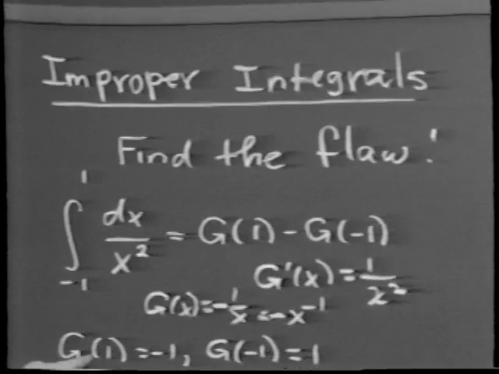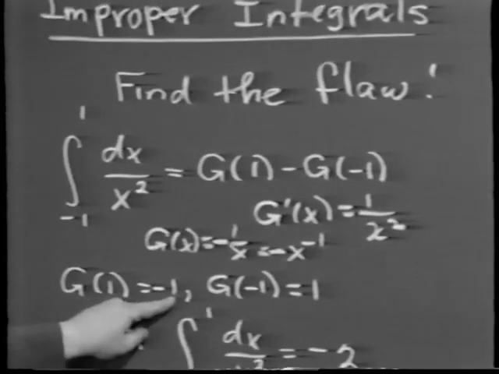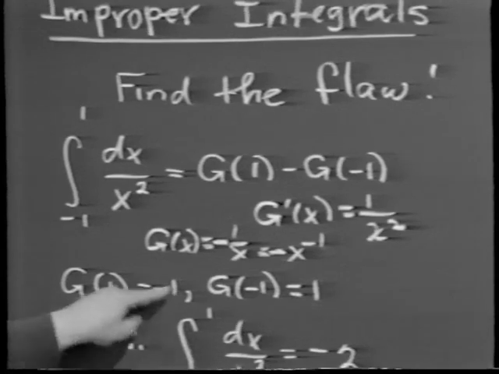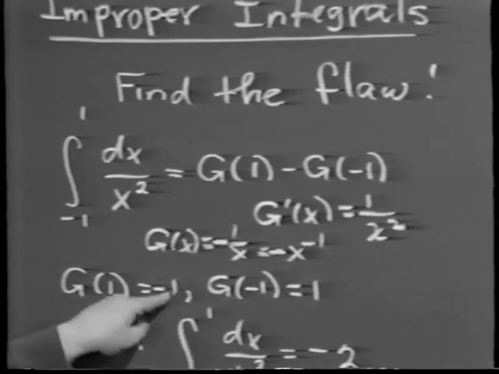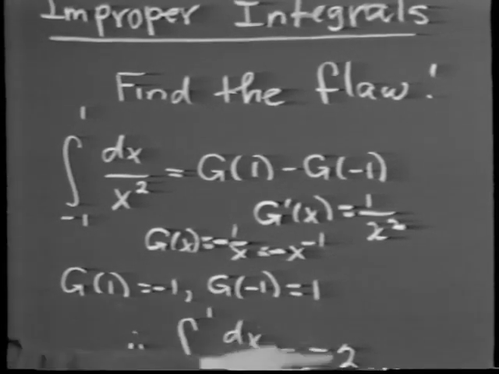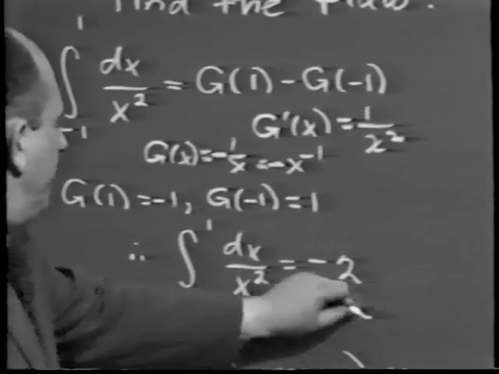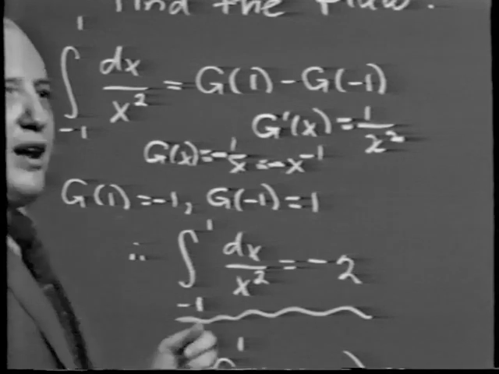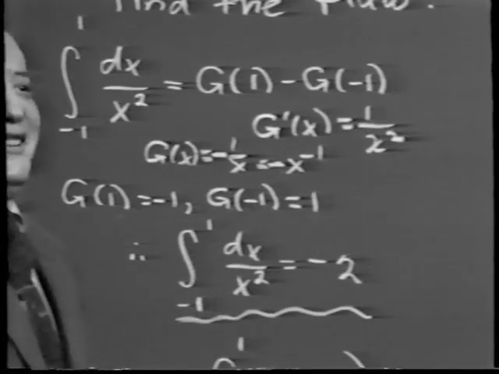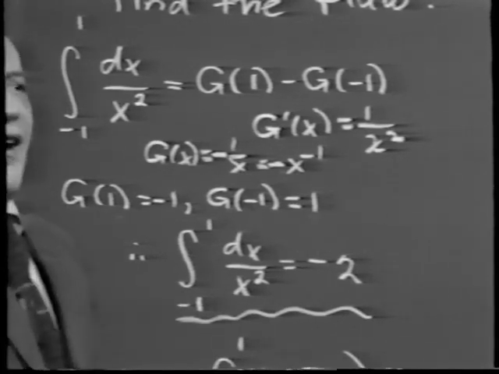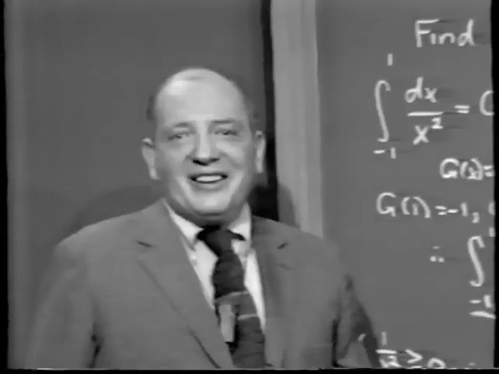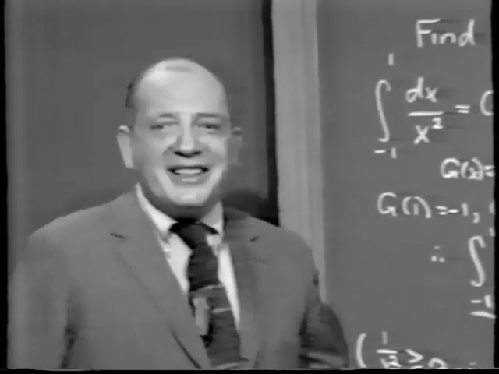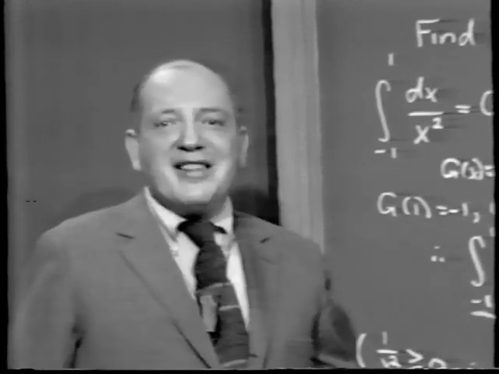In any event, I can then compute that g of 1 is minus 1. G of minus 1 is 1. Therefore, g of 1 minus g of minus 1 is minus 1 minus 1, which is minus 2. Therefore, the integral from -1 to 1 of dx over x squared is minus 2. And the question is, find the flaw. Okay? Find the flaw. And since we're on limited time, if you haven't already discovered the flaw,